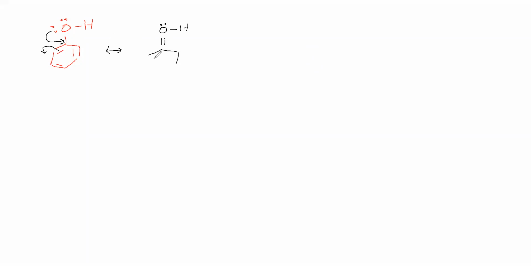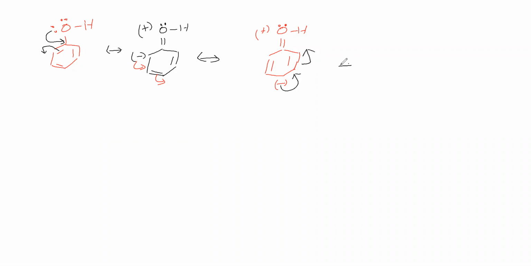Here is a double bond, here we can give a positive charge. For which atom the positive charge? For oxygen, positive charge, and here negative charge. Next resonance structure: the negative charge becomes a pi bond, and the pi bond becomes a negative charge. So here OH, positive charge, here a double bond, then a pi bond, here negative charge.